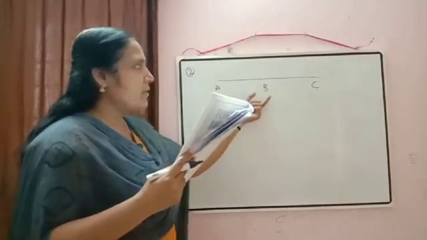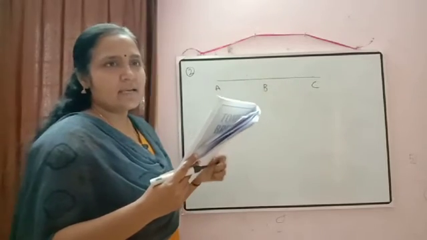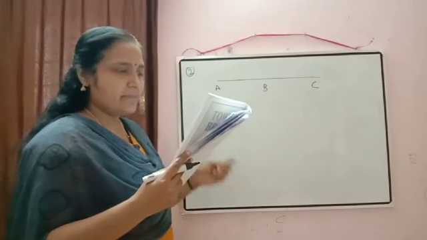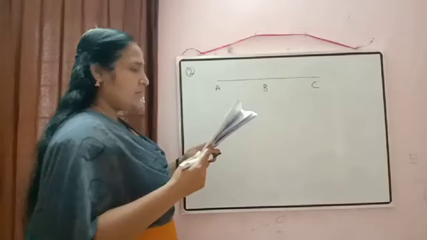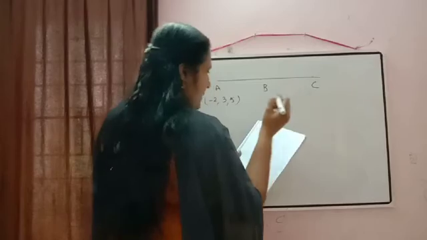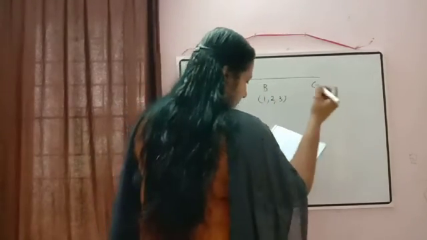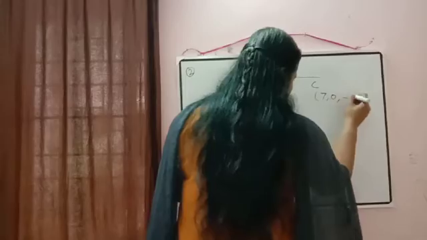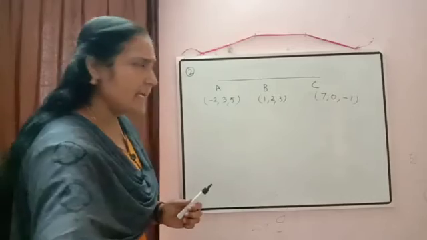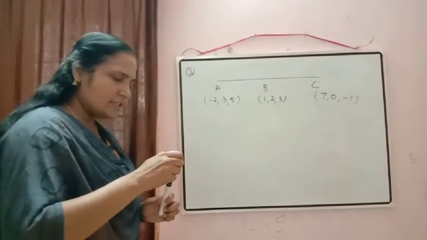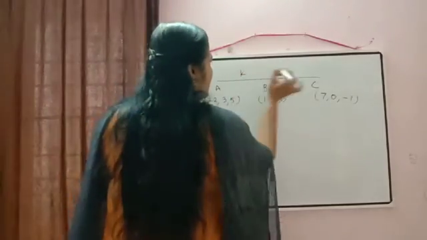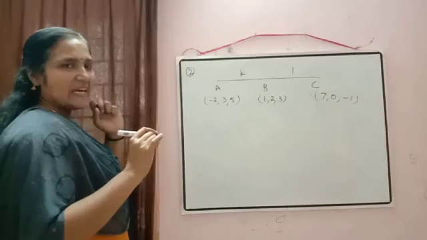and we'll equate. The X coordinate, Y coordinate and Z coordinate are already given. So if in all the cases our value of k comes the same, then they are collinear. Now I'll explain how to do it. Write down the coordinates: A is -2, 3, 5. Coordinate of B, 1, 2, 3. Coordinate of C, 7, 0, -1. So at present B is dividing AC in some ratio that we don't know, so we will take the ratio as k is to 1.